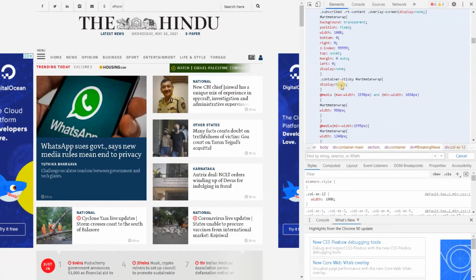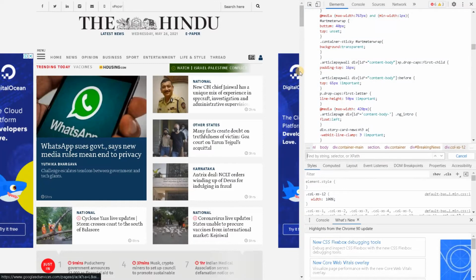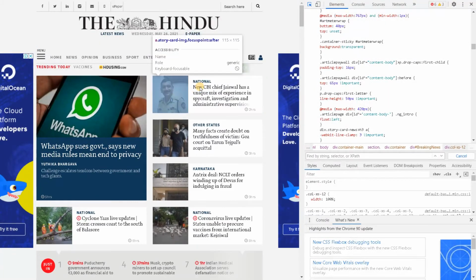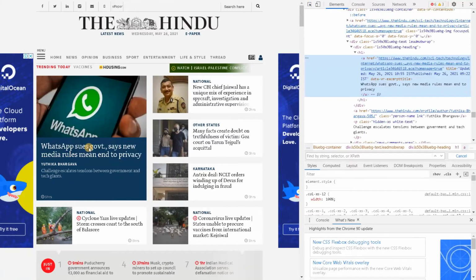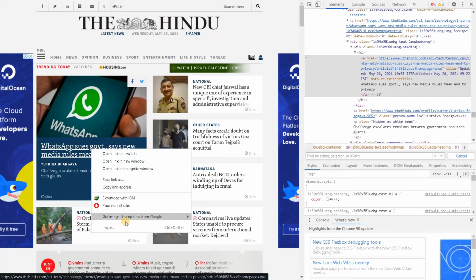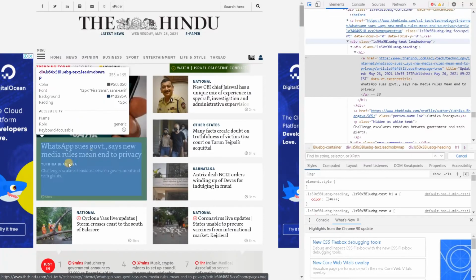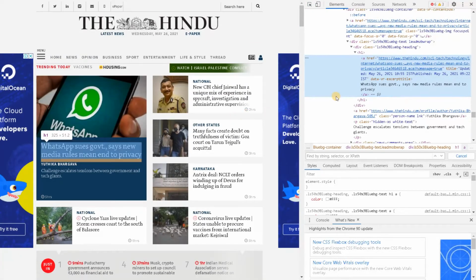We have gone to some other page. If you want to select a particular element and get the element for that, you can select this icon, that is, select an element in the page to inspect it. If I want to get the element for this, just click it and it will show you the corresponding element. So you can go using inspect element, or you can click and select the appropriate element. Both of them will give you the corresponding HTML tags.